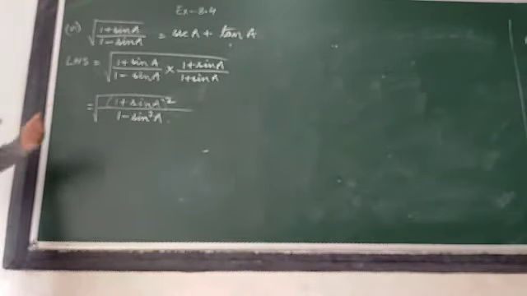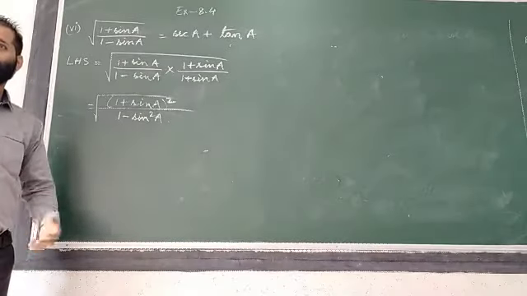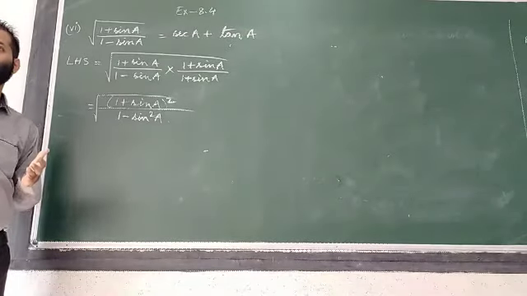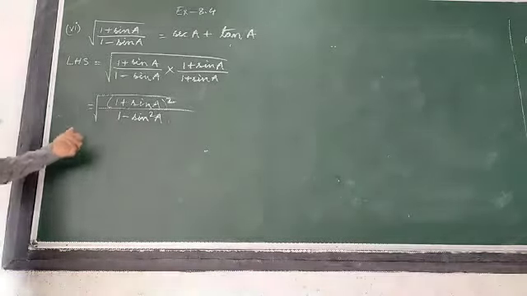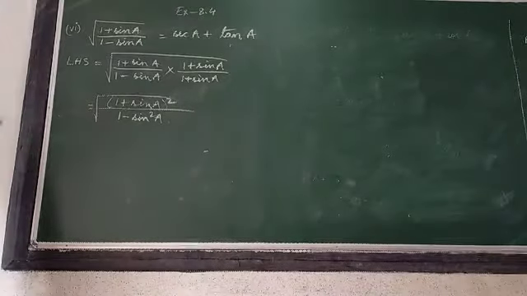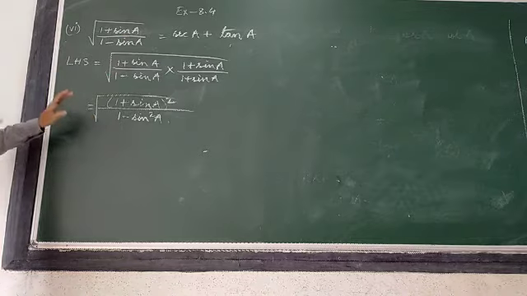Now don't remove. Many students apply the (A plus B) whole square formula. That's what I'm telling you. Many times you have to remember steps also. The first preference is to remove the root, because you are not having a root on the right hand side. So first of all we will remove this. So how to remove this?